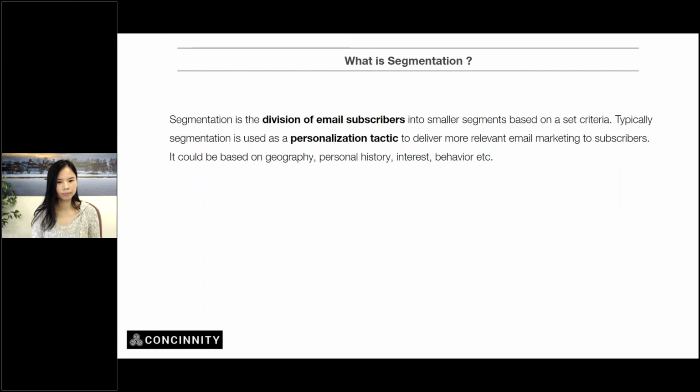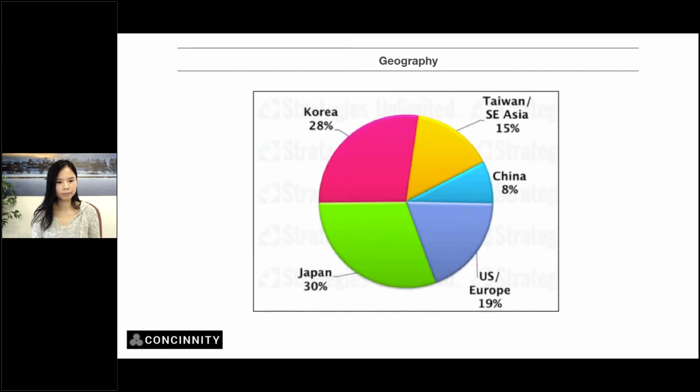So segmentation basically means dividing your entire email list into different segments, which could be as per geography, it could be as per age, it could be gender, it could be any other demographic factor, it could be whatever your business is into. For a quick simple example, I've taken geography over here.